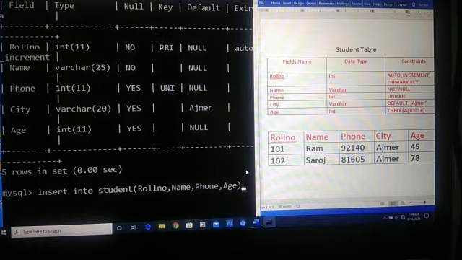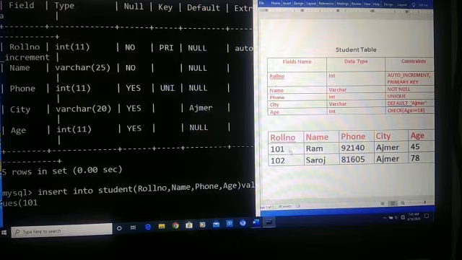So to write values, we write values, and the roll number should be 101. Only the first time we write the roll number, its initial value, and next time it will automatically increment its value. So next time we will not write the roll number.